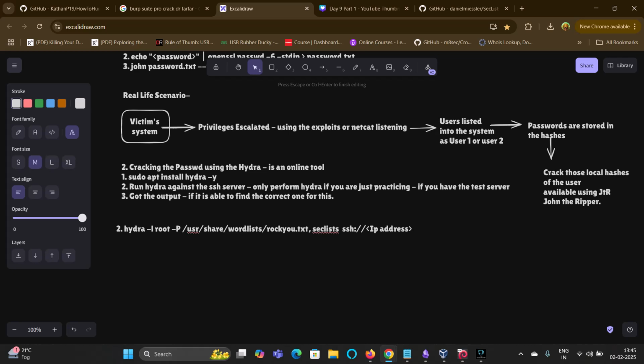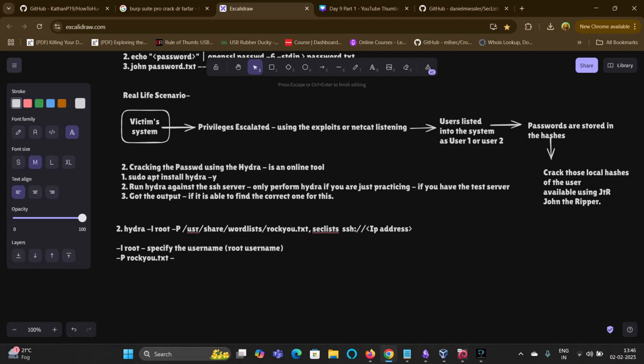So after doing this, let me break down everything for you so that you can understand. -l root, what is the use of it in this particular command? Hydra is a tool, and -l is basically to specify the username, and root is the root username. If you know the root username, you can just use that, or instead of root you can use a particular username you want to find the password for. And then after that comes the capital -P, and then comes rockyou.txt,